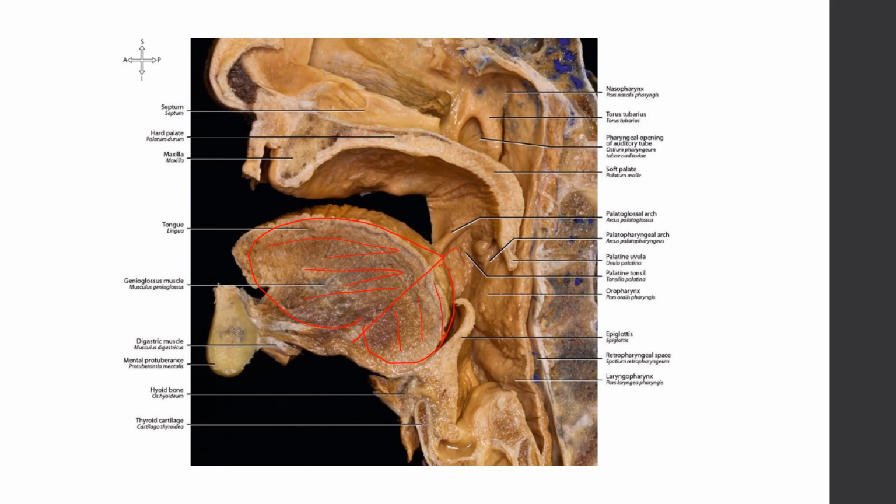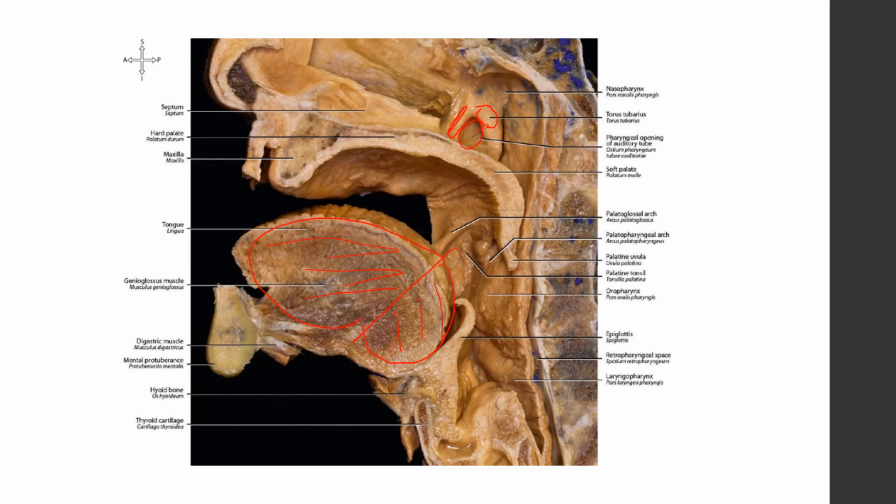And then if we look at the important mucosal features, this is the opening of the eustachian tube or the pharyngotympanic tube connecting the middle ear to the pharynx. In the posterior superior aspect, there is a mucosal elevation called the torus tubarius, which is made by the end of the eustachian tube. Anterior to the opening is a mucosal fold called the